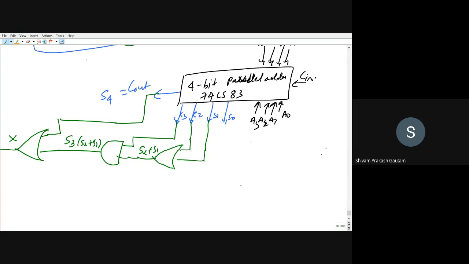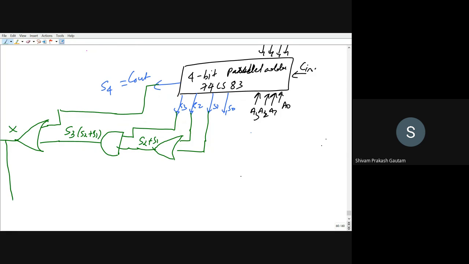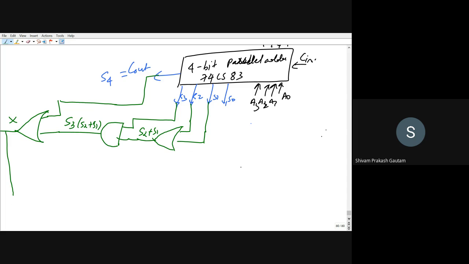So this is our X, and this X will again flow. This is an error corrector, or if any correction is required. When will correction be required? When our bit is illegal. Now we have to use one more 4-bit parallel adder. Just pay attention. So this is a 4-bit parallel adder